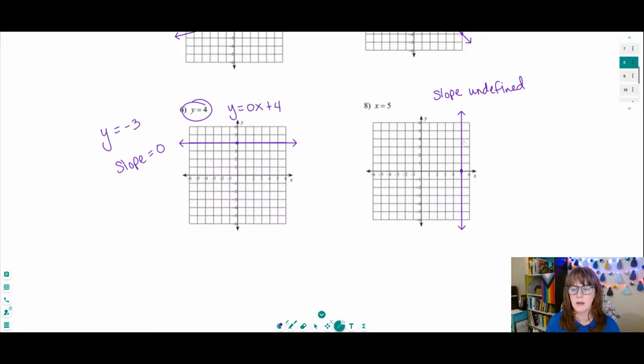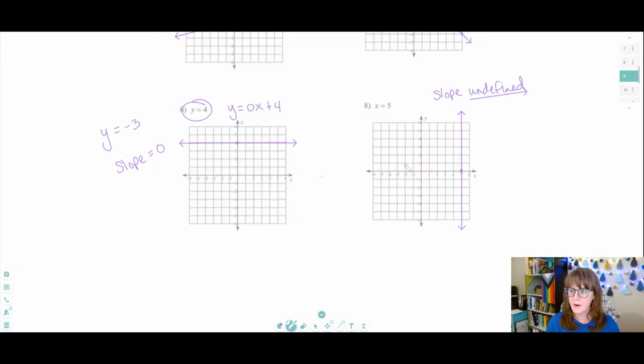As you can see, our line is parallel to the y-axis. So in this case, we have an undefined slope, and that's how we graph x equals 5. If this was x equals -3, we would put our point there at -3, and we would have a vertical line there at -3. All right, let's go on